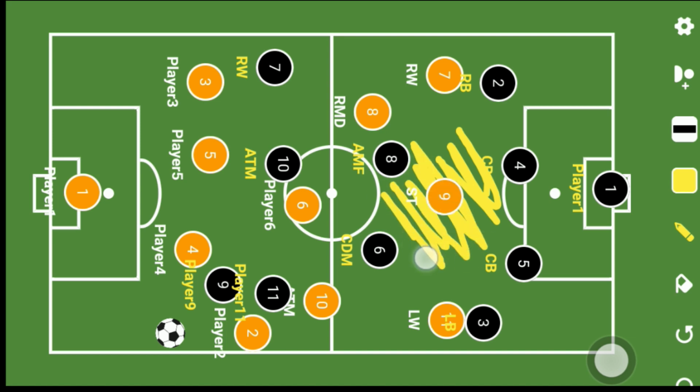This area right here, this is where you win or lose the game. Because if you're able to control this area, if you're able to control this number 9, then it means that you're controlling the game. You're able to decide how they play. And then how would you beat them going forward? Because that's